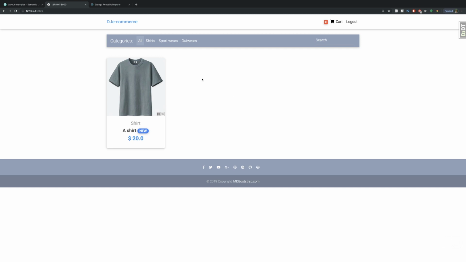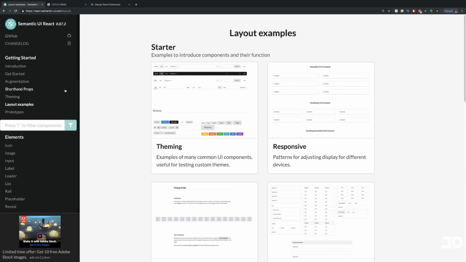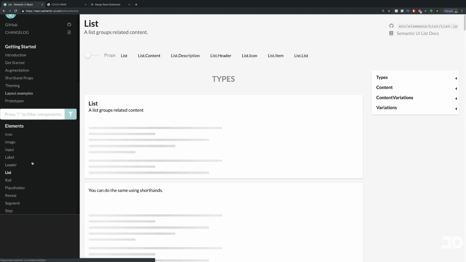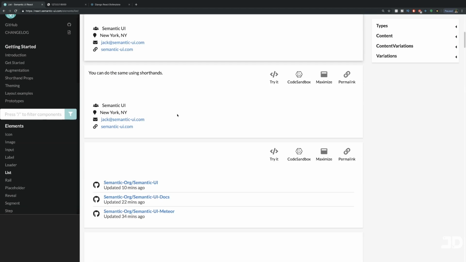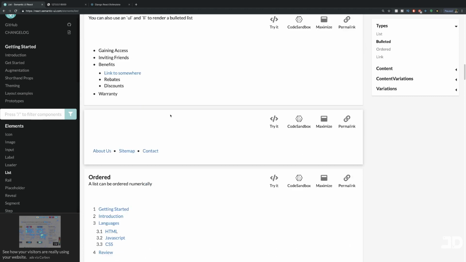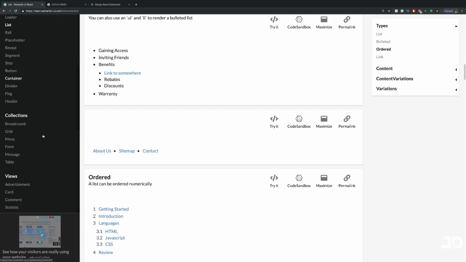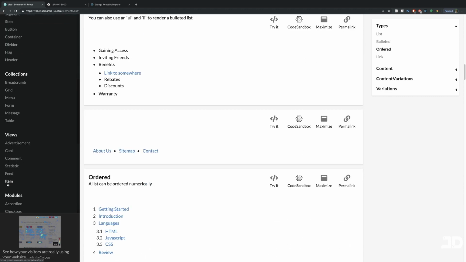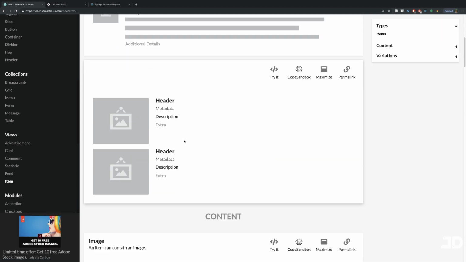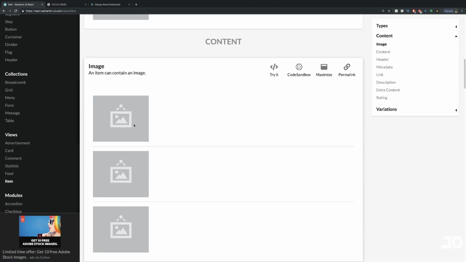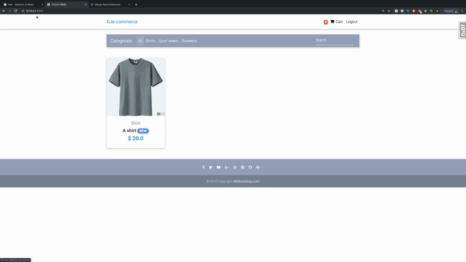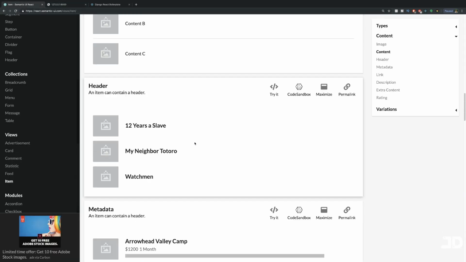So what we can start off with is just creating this product list view. And I've got the Semantic UI React open here. We're just going to go and look for something like a list. And then here we can see different list items. And actually it would probably be an item component like this, which we can then use for our e-commerce items like this. So let's just scroll down and see